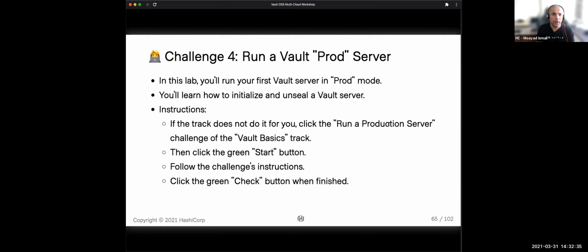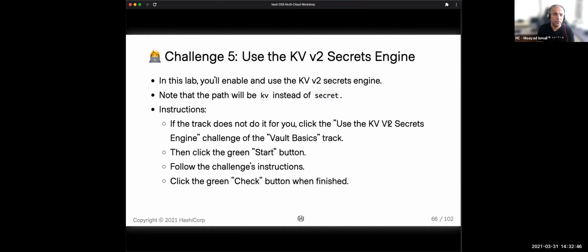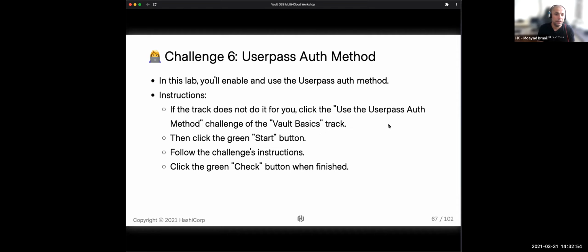Then, based on a configuration file, we launched a Vault production server. Then we enabled the KV2 secret engine via the CLI. And then we enabled, or mounted, the userpass auth method, sorry.